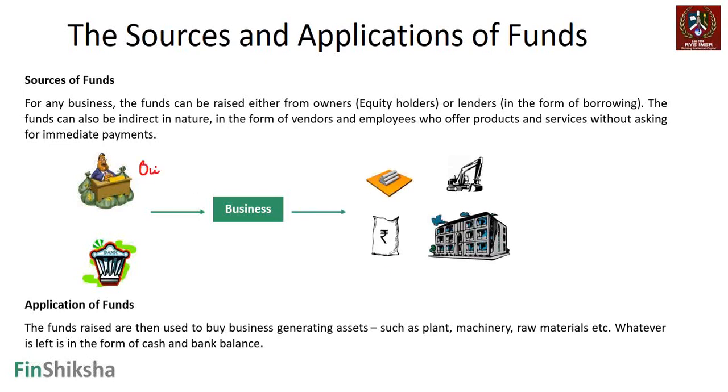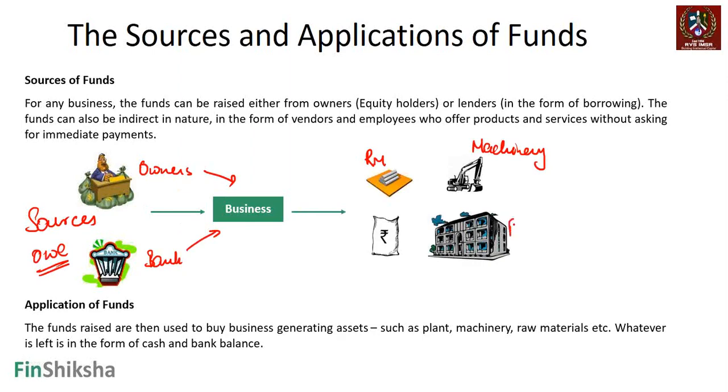So you raise money from the owners, you raise money from banks, this money comes into the system. These are all sources of my funds. These are all what I owe. I have to return this money back to these guys, right? And it's important to understand in the context of a business that the owner is separate from the business. The owner has put in money, right? This money goes in the form of either raw material, machinery, or factory building, etc. And then what is left will be in the form of cash. There is no other use. You cannot really not balance it, right?